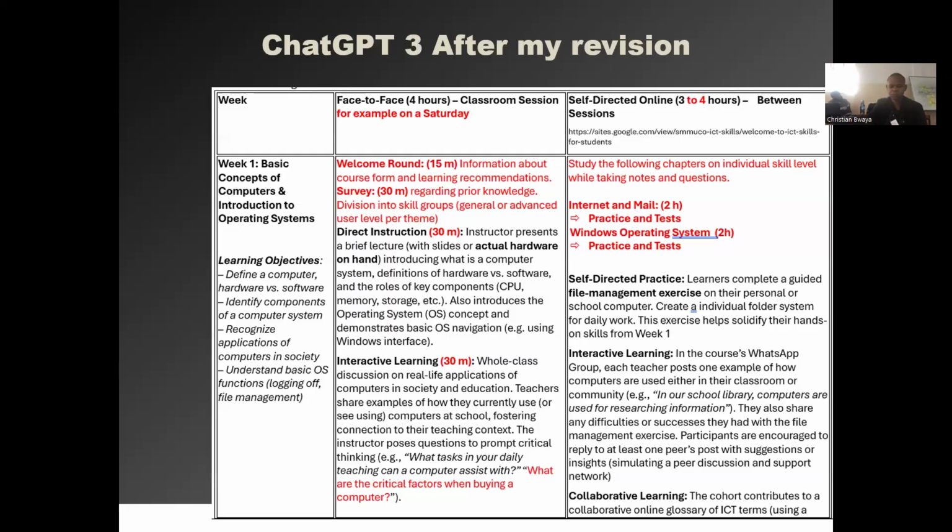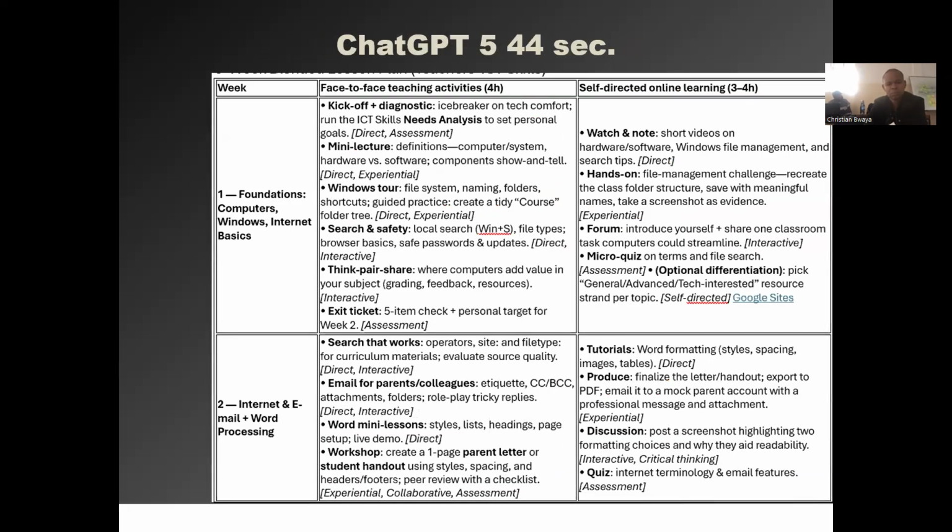And it reasoned for 7 minutes. It took him 7 minutes to come up with this solution. Here, ChatGPT 5 took 44 seconds. And you see, I've just started to do it today. So I will go through this and I will also put my opinion into this proposal to have really my kind of solution.